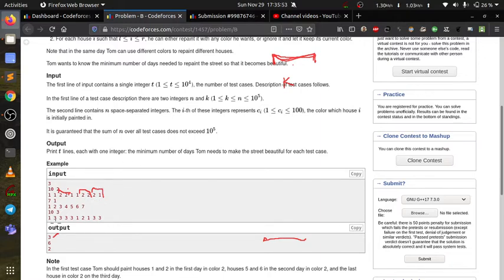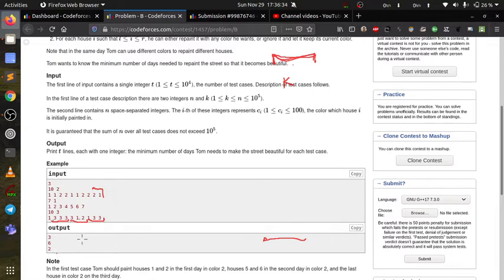Okay, this is fine. Suppose here it's a slot of 3. I want to make the whole array equal to 3. What I can do, in one step I will select this and make this 1 into 3 and leave both 3s as they are. And next time I will select this and make this element equal to 3. But if I want to make this array equal to 1, then how many steps will I require? Let me draw it. First time I will select this, second time I have to select this, and third time I have to select this. It will require 3 steps, but the minimum is 2.